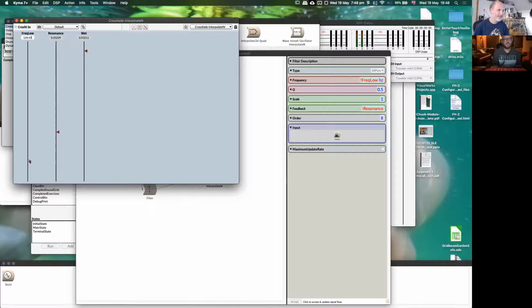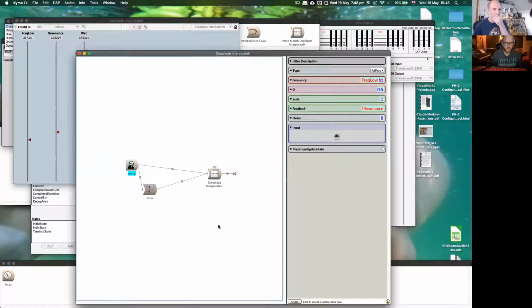Not very whooshy yet. It's not whooshy. No, it's kind of garbage. So my all pass filter attempt at a whooshy phasery thing is not working. What if...